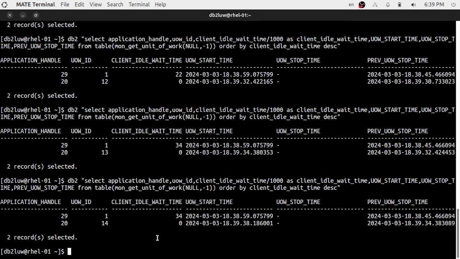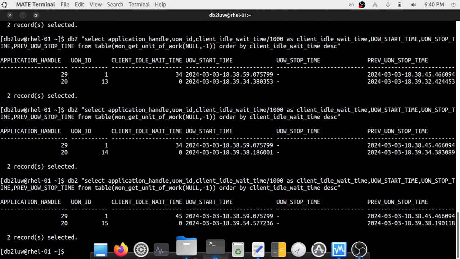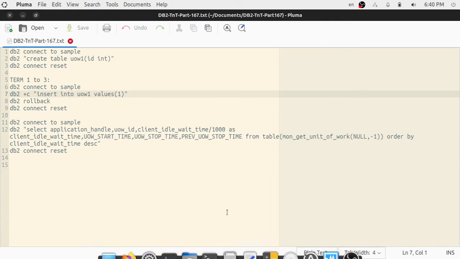1839, and from 1839 it did not, for the next 45 seconds it did not issue any commit or rollback. That is what we should understand. So if we can look at another terminal